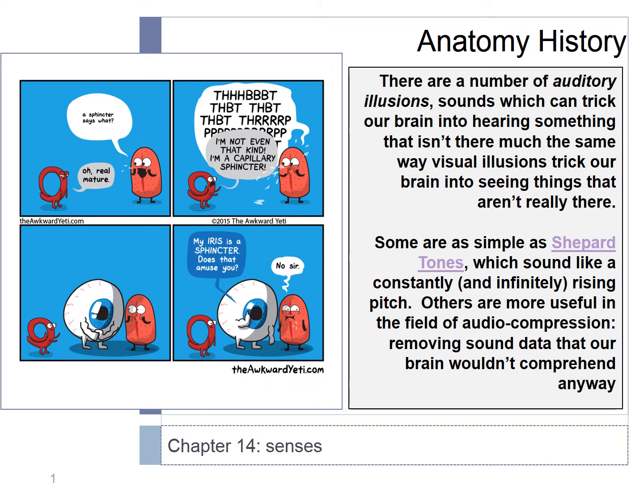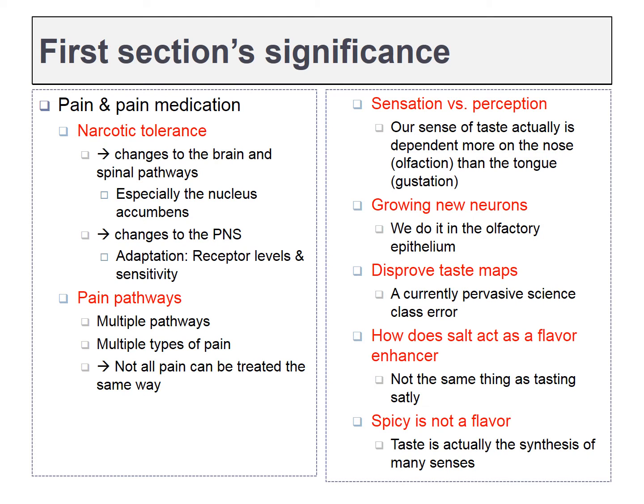Chapter 14, Sensory Systems. This is another one of those epic chapters. This is one of the chapters where I'm going to diverge from the textbook significantly. And that's because while science knows quite a lot about the general sensory systems, of those, the most important is pain. So I'm going to be focusing on that and how your patients may build up tolerance and dependence to